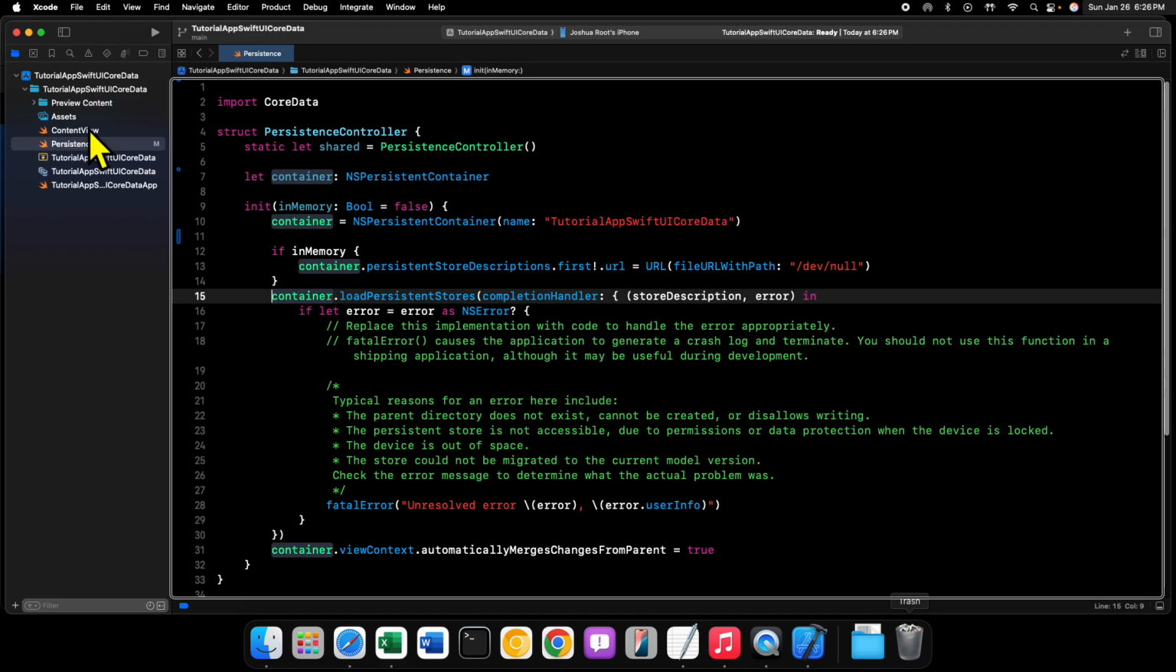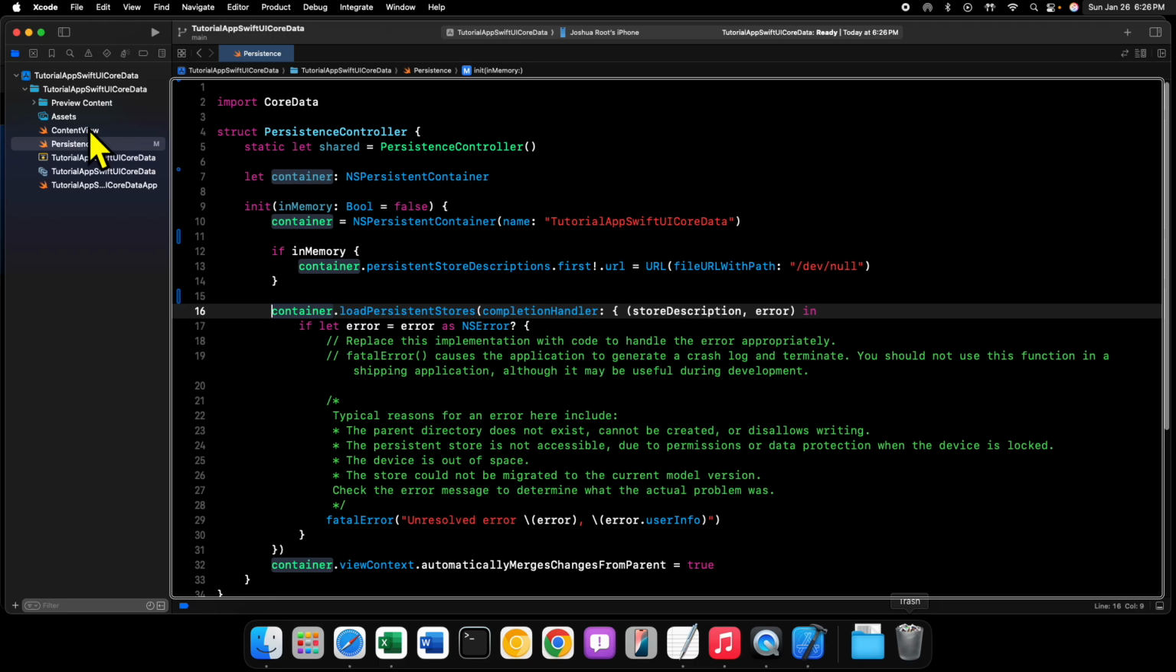Then we're loading our persistent stores using the load persistent stores method of our NSPersistentContainer, which takes a completion handler. This completion handler takes two parameters. It takes a store description, or NSPersistentStoreDescription object, which is an object meant to describe essentially the persistent store, and then an optional error. Now, it's not optional to provide this, but the type is an optional type of error, any error,